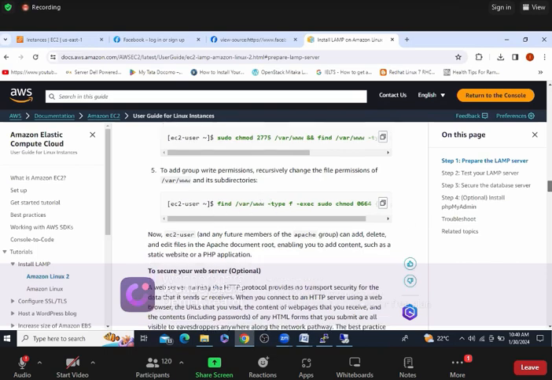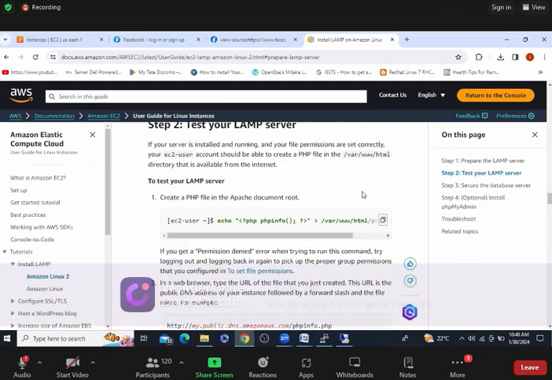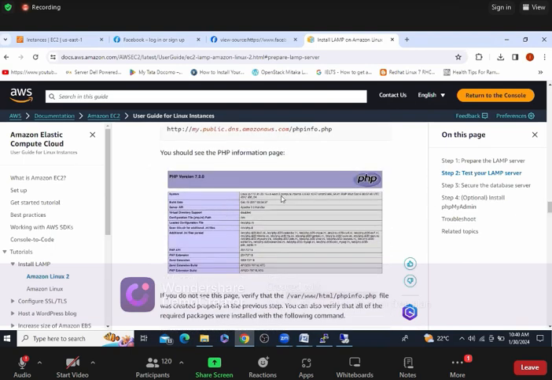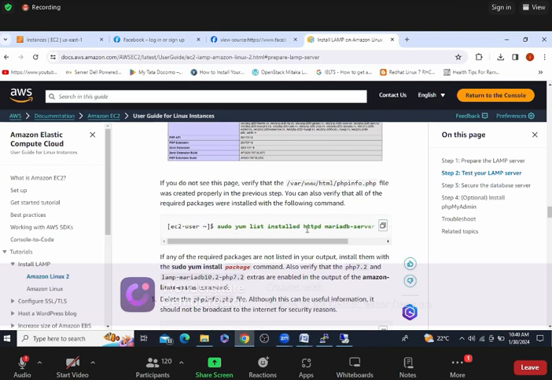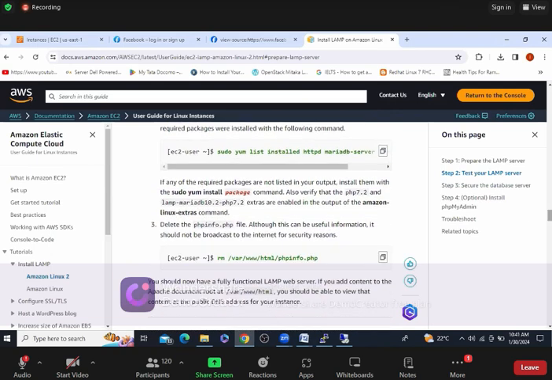Okay. And next, for the test page, to check whether the PHP page is working or not, to test this we need to execute an echo command, right? And then you are going to get a page like this if you're using your public IP address. Okay. And list whether it got installed or not. Before, we already installed HTTP, MariaDB, PHP, right? To verify whether it got installed or not. And remove this one